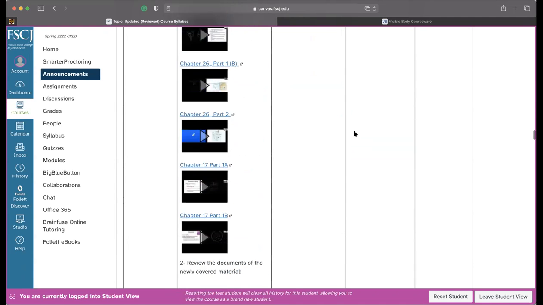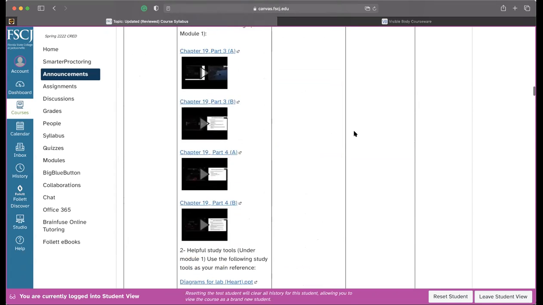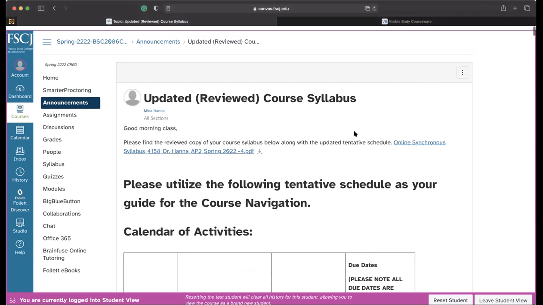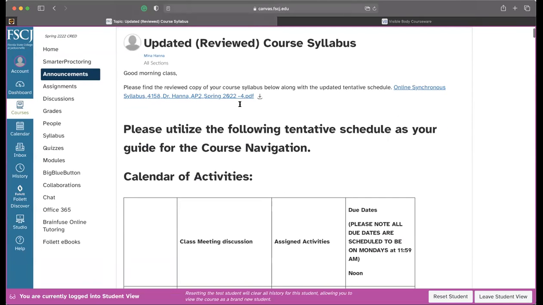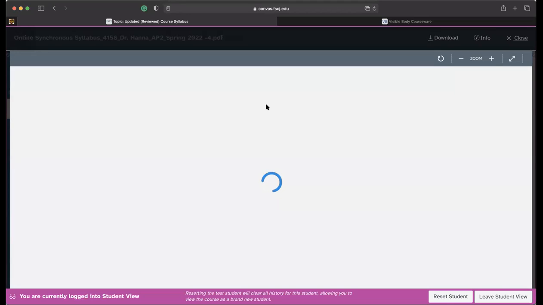Again, where can you find this? You will find it in the announcement that was posted earlier this week. Also, you have another copy embedded in your syllabus. So when you open your syllabus,